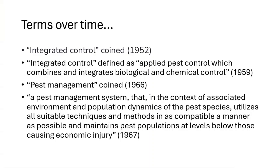That kind of implies this idea that we're fully controlling a system and managing it in every single aspect, and that is not accurate. Anyone who's tried to do some pest management knows that we do not control things in all of their aspects. So starting in 1966, we started to see more of the term pest management, which has continued much more